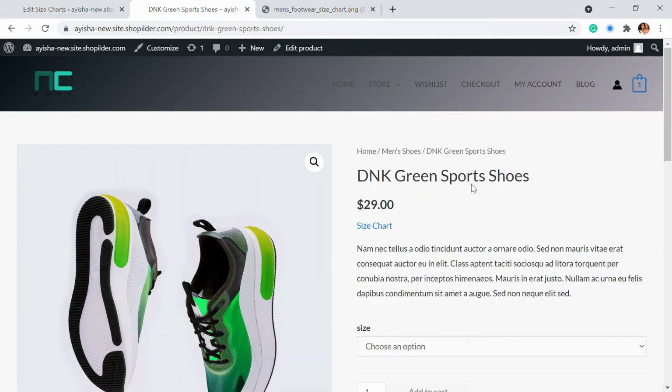So this is a very easy and also free plugin that you can use to add a size chart to your website. What you have to do is assign your variables or variations to your products, add this plugin, style it, add the content, add the size variations, and just add it to your website. So that's how you can add a size chart to your website. This is as simple as it gets.